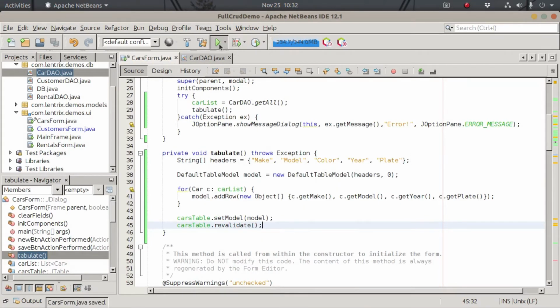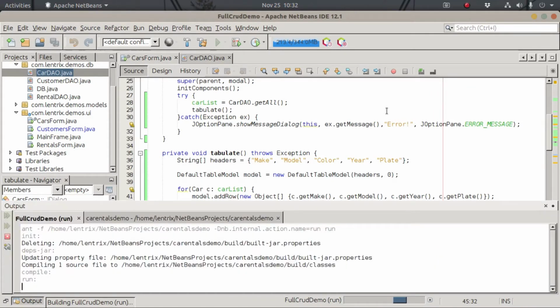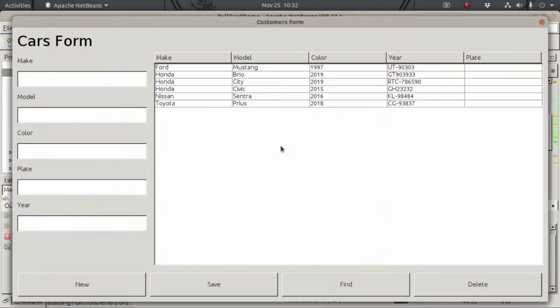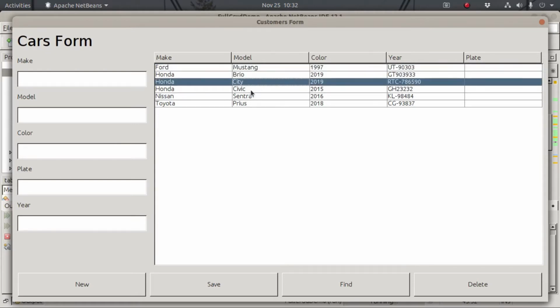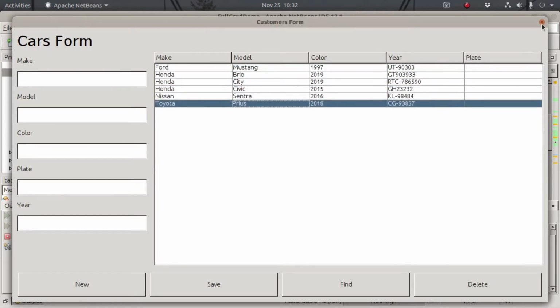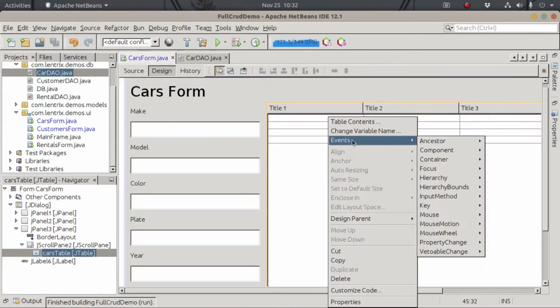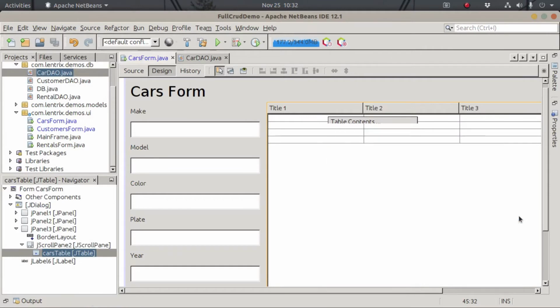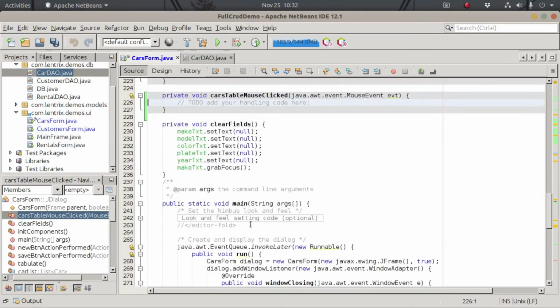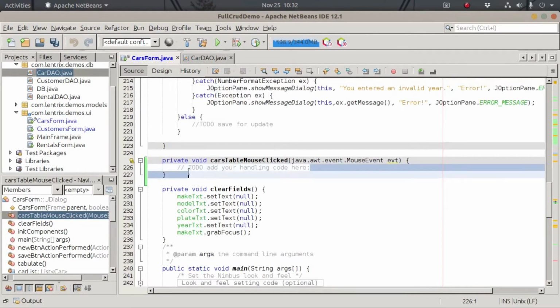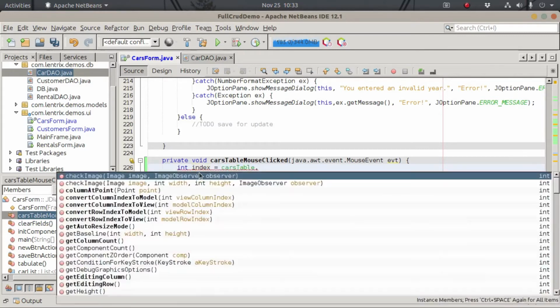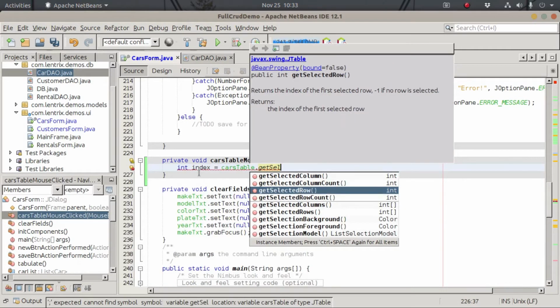Okay, let's check this out. Click on cars, and we do have our cars here. Of course, we don't have the clicking events covered yet. Let's do that next. So on design, right click here, go to events, and then mouse clicked, and there you go. Here, you're gonna get the index, cars table that gets selected row,